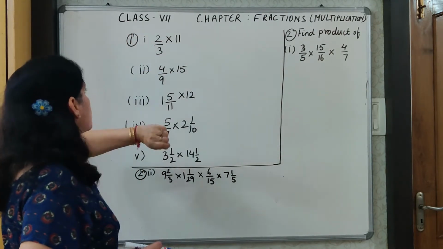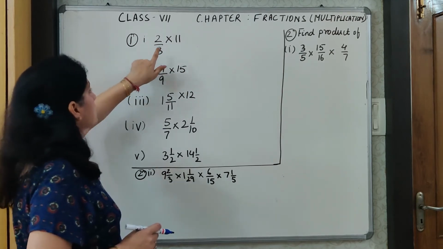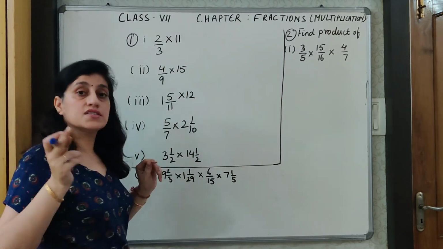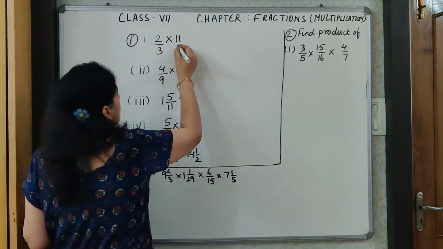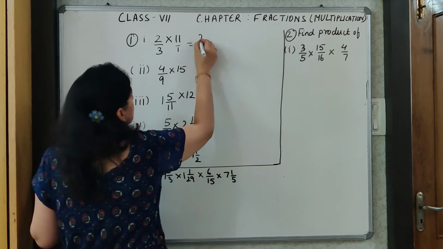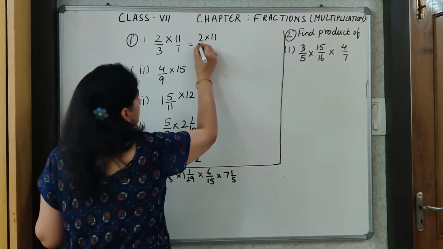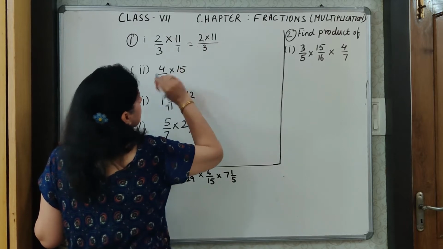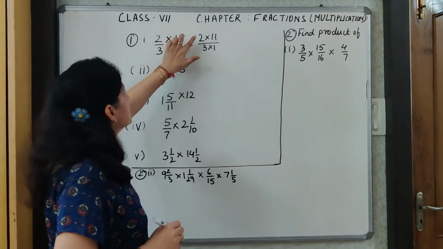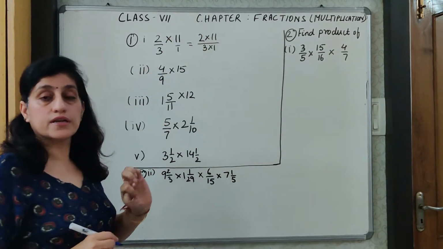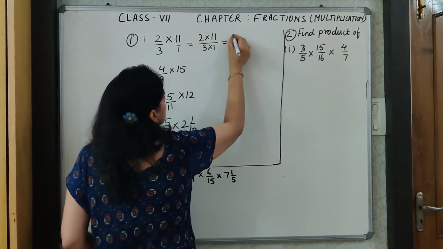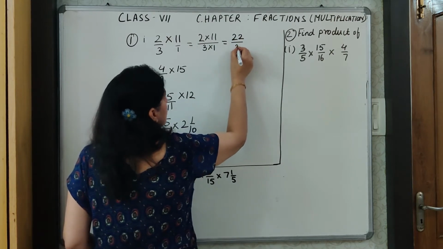So, you can see the first question, it has a fraction 2 upon 3 multiplied with the whole number 11. Now the whole number 11 is in the numerator, because this, if we want, can be written like this also. Then I just told you numerator is multiplied with the numerator upon denominator. We can leave it like this. We can do this multiplication with 1 also. Now I see nothing is common between the numerator and the denominator, therefore it is not divisible. I will simply multiply these two to give me 22 upon 3.